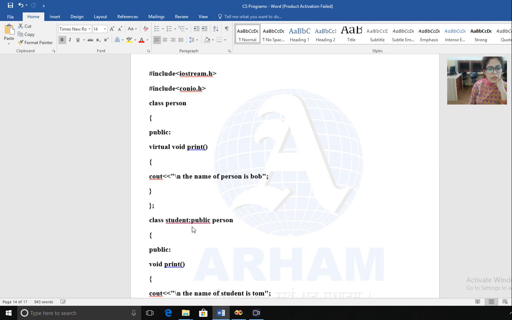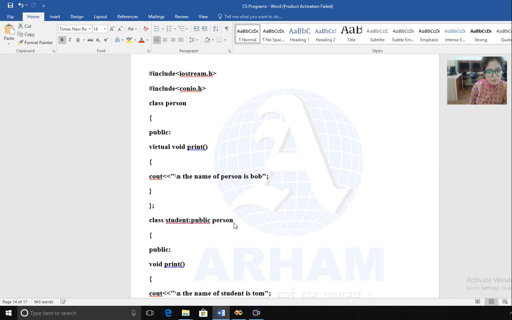Now you have to write colon public person. It means that you are inheriting the class with the name person, because the name of the base class is person. If we want to inherit the functions of the base class, we have to write the name of the base class.